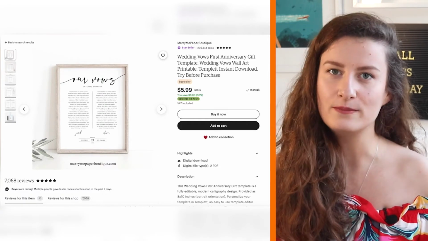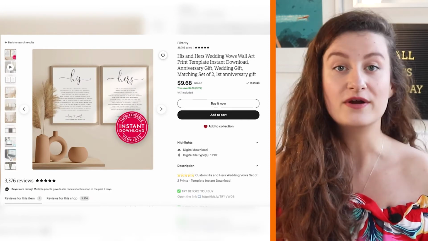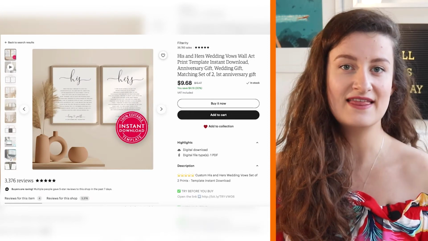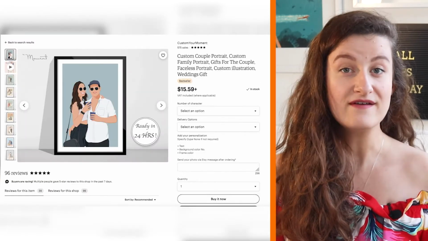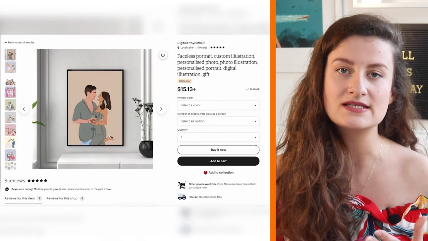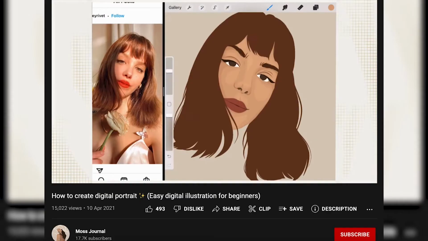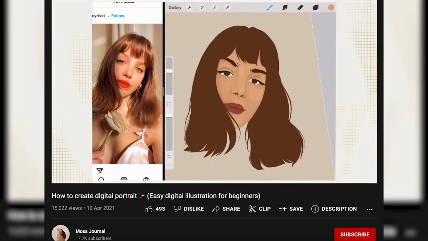These are wonderful because they're quick and easy to create, though they usually require modifications to be made by the seller. This can then be printed in multiple sizes and framed by the customer. If you have some art talent, a digital product that is on the rise right now is couple digital portrait. You can easily find tutorials on how to do this on YouTube and start selling your custom portrait on Etsy